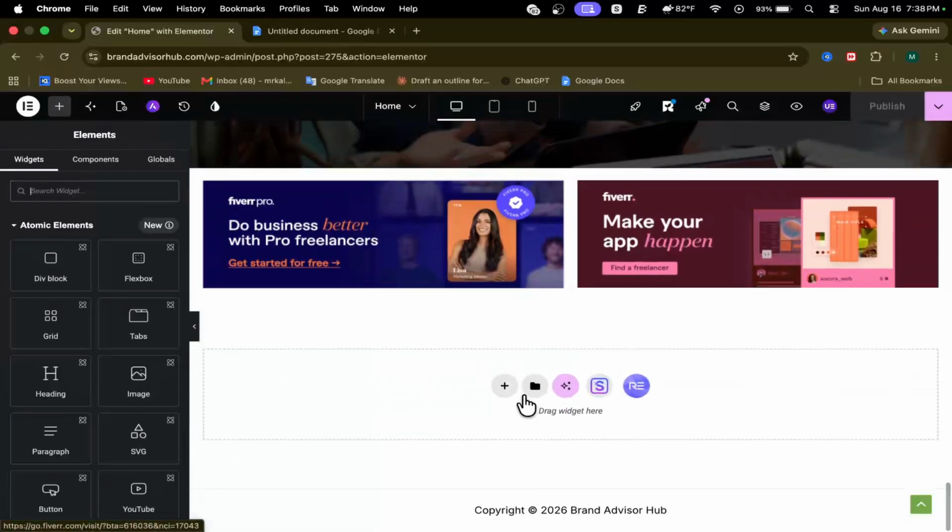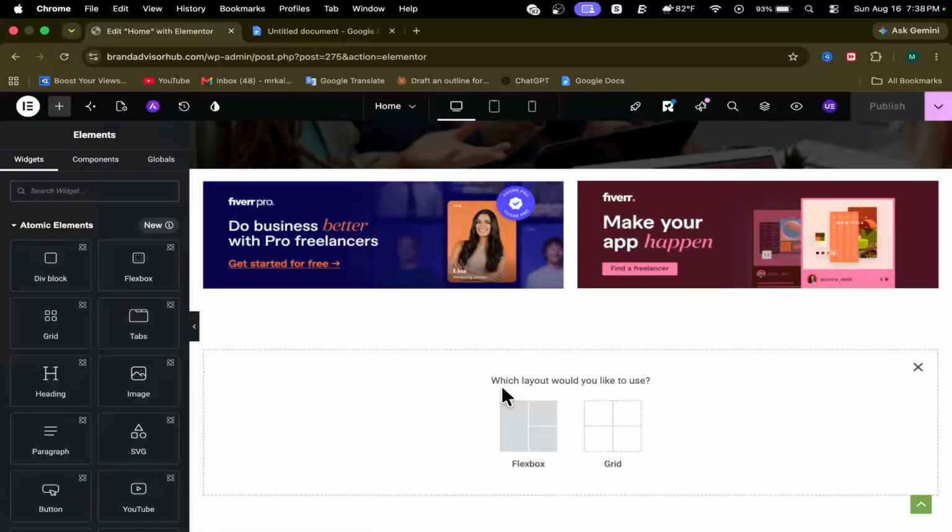So I decided to add on this block. So click the plus icon, and make sure you have installed Elementor. It's not a pro plan, it's totally free of cost, and I use Elementor free. Then here, click a play box, otherwise on the left side you can search here